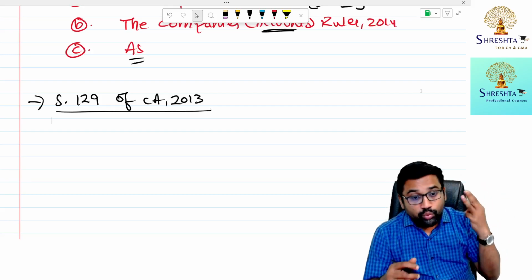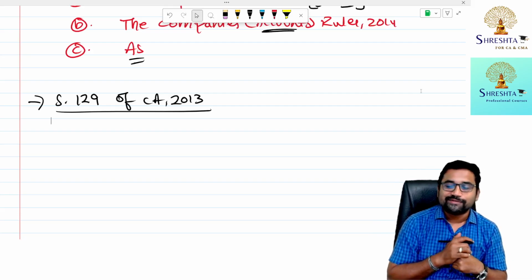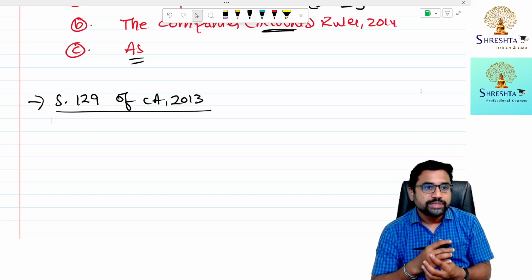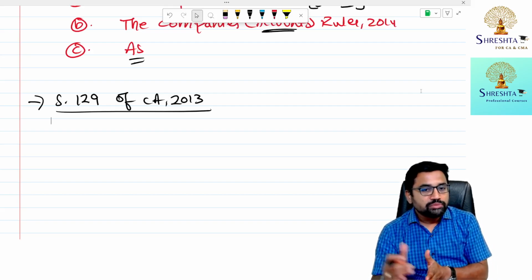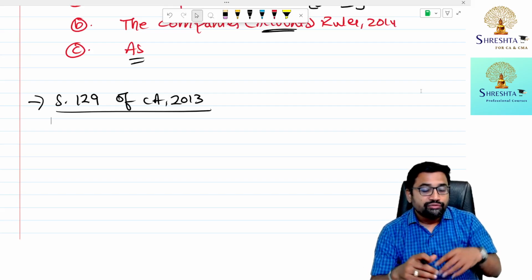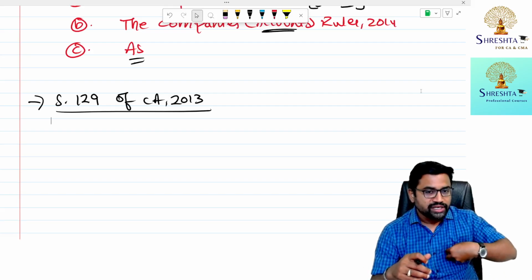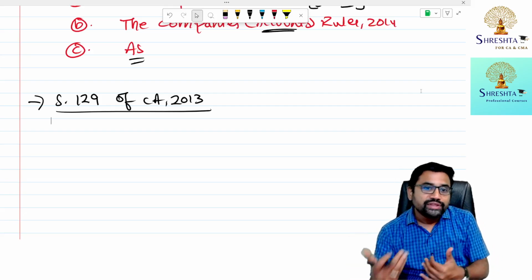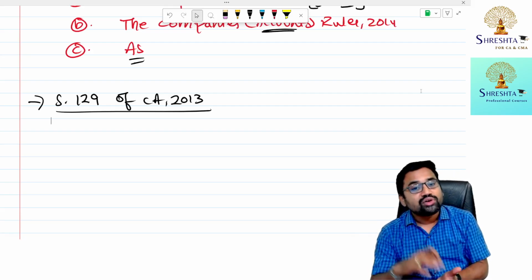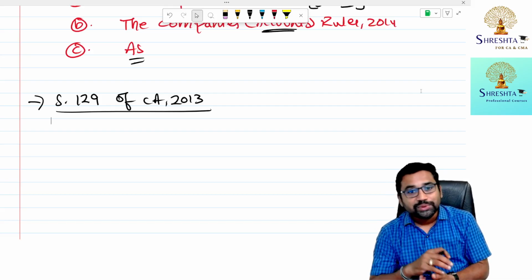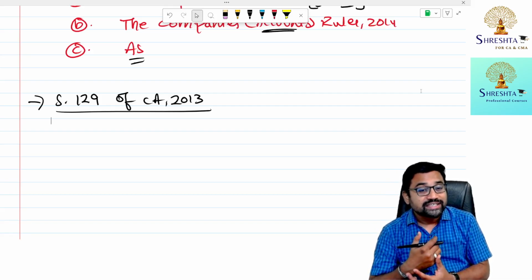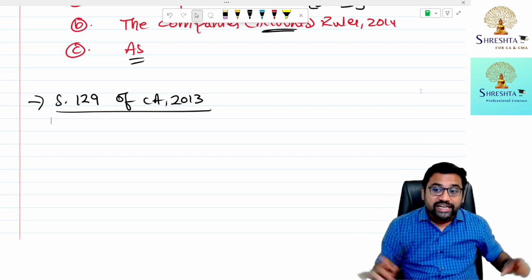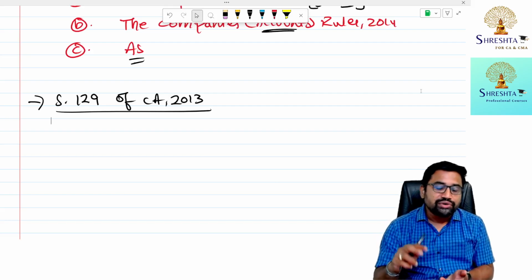And one more interesting point is there in section 129. If you read 129, it is talking about consolidated financial statements. Suppose you are a parent company, that means you have subsidiaries. Every company will prepare its standalone financial statements, and along with the standalone financial statements, a parent company has to prepare consolidated financial statements also, that means financial statements for the entire group. That is there in section 129.